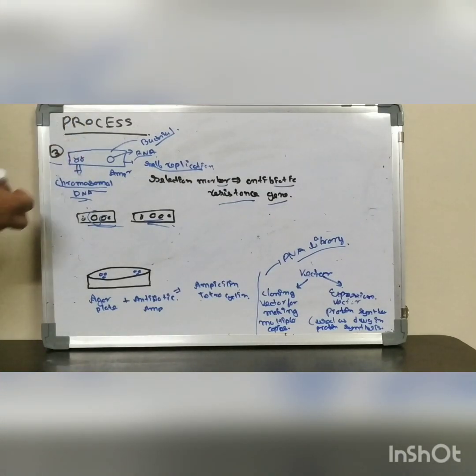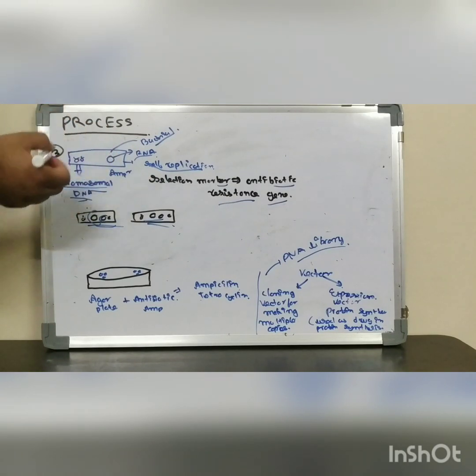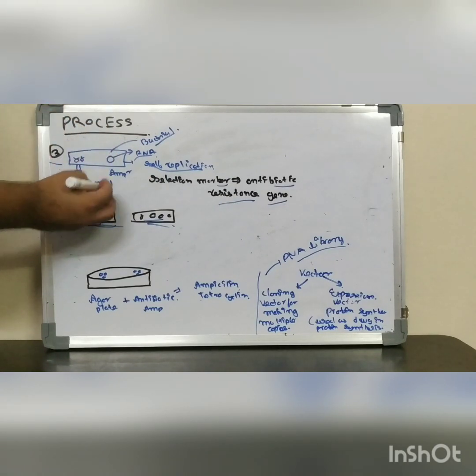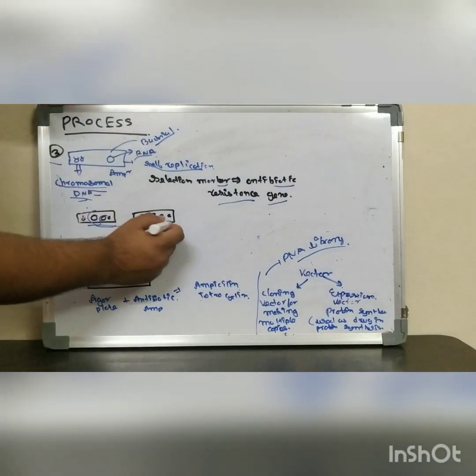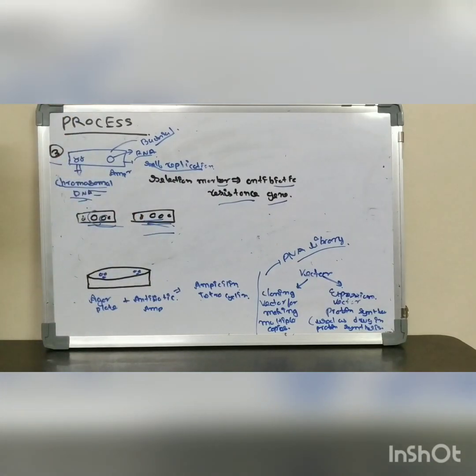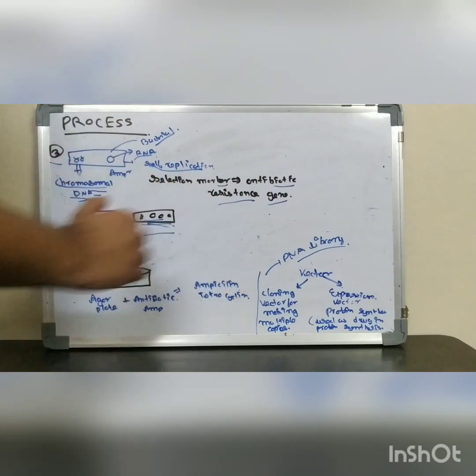So now let us talk about step 3. In step 3, the recombinant DNA molecule is transferred into the bacterial cell, which contains the chromosomal DNA and the recombinant DNA molecule. It is self-replicating in nature. As you can see, it is producing multiple copies over here. It has also got a selection marker, which is an antibiotic resistance gene.